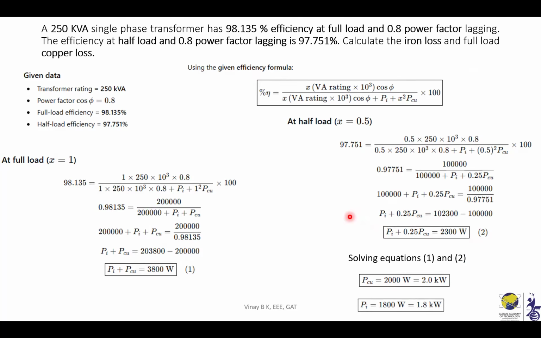So take care while substituting the values of Pi and PCU in a calculator. Do the simplification properly. Then you'll get the answers 2000 and 1800 watt. Okay. Similarly, the next problem is